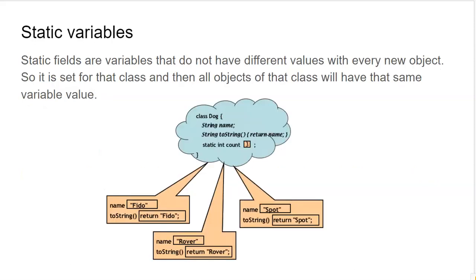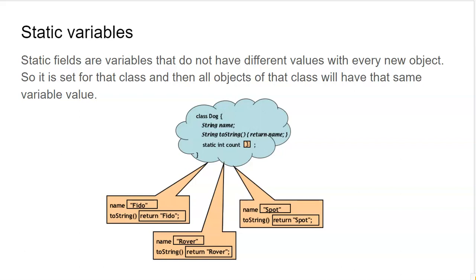Okay, next are static variables. Static variables, or static fields, are variables that do not have different values with every new object. We've learned in Java object-oriented programming how to write classes, and we understand instance variables, right? Instance variables are variables that are tied to an object of a class. But